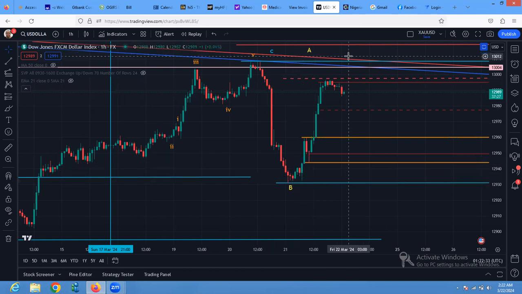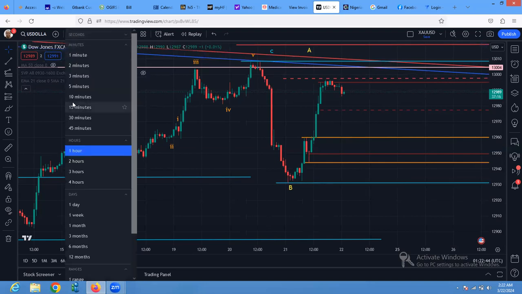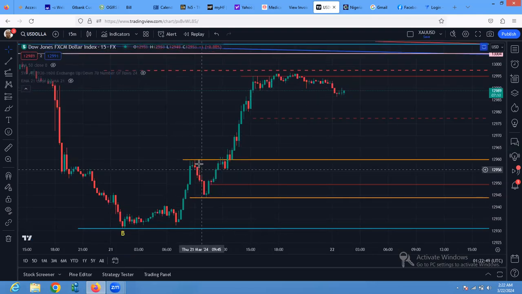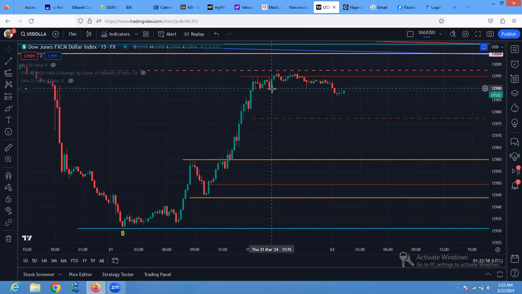B is forming. It may be A of a B, B of a B, and a C of a B, the last leg that will come down before we break the top. So it's an opportunity. That's what I can see here. And going inside on a 15 minutes time frame to look at this. Like I said, we saw this as an A and a B, and this is a 5-wave structure to the upside. And what I want to see is that we are breaking